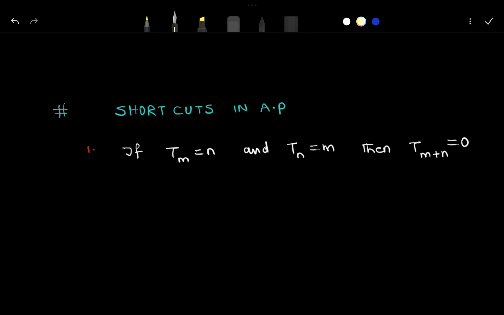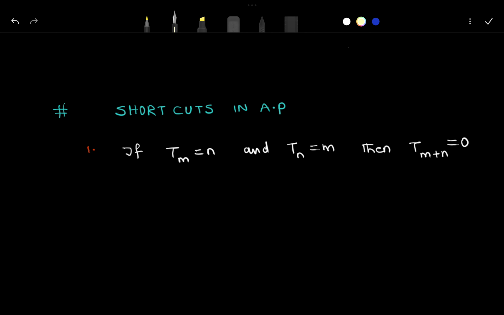In this video, we are going to discuss shortcuts in arithmetic progression. First one: if the mth term of an AP is n and the nth term of the AP is m, then what is the (m plus n)th term? That will always be equal to 0. For example,